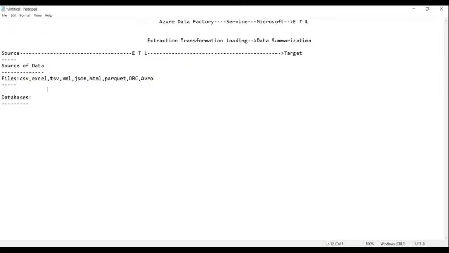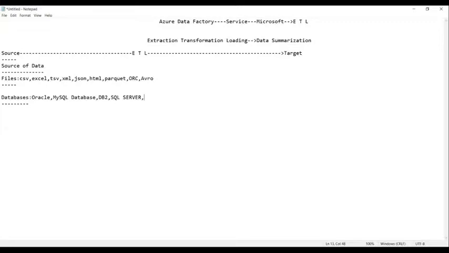So what databases can you have? Oracle database, MySQL, PostgreSQL, DB2, SQL Server, Cosmos DB, MongoDB.